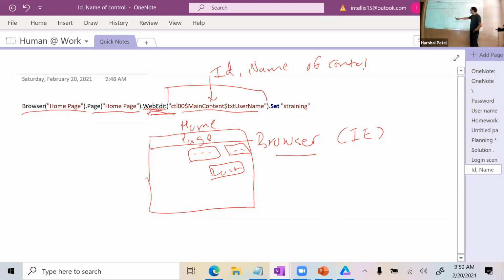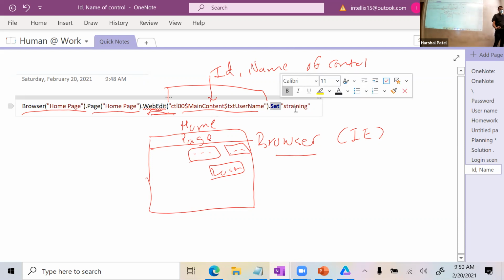Okay, so this control, this text box, right? It gets some type of ID or name that is unique. This one is also unique. This one also has some unique ID or name. That's how the tool gets a handle to the specific control, and then all I'm doing is some type of action,